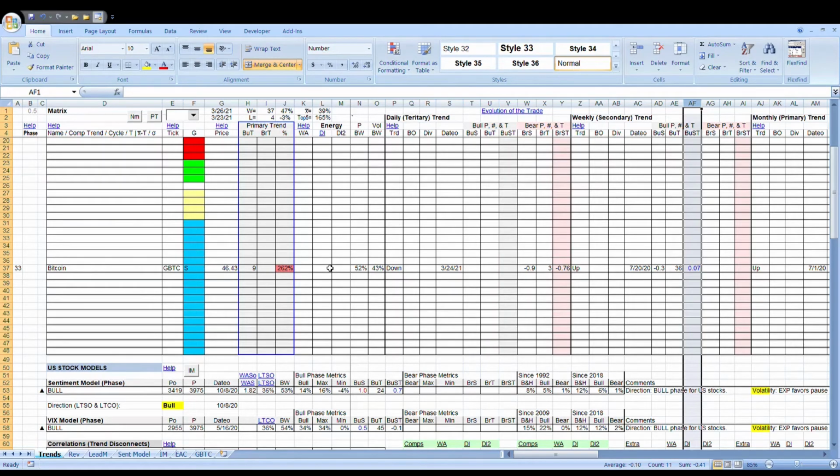So when people are chasing a trend shorter term, whether you trade the daily trend or the weekly, you should always be keeping an eye on the monthly. You should always follow the evolution of the trade, and you want to go look at that in the blog, and I'll leave a link under this video for people to do that, read about how the trade discipline works. But you really never want to chase when these cycles get extended.